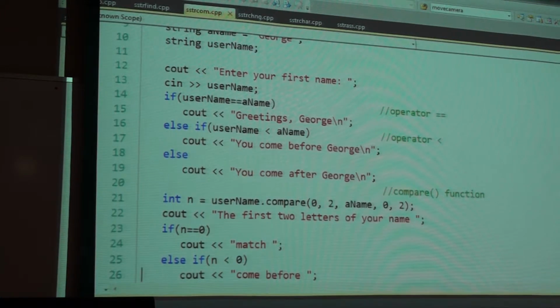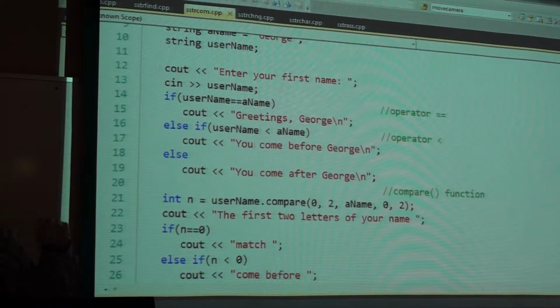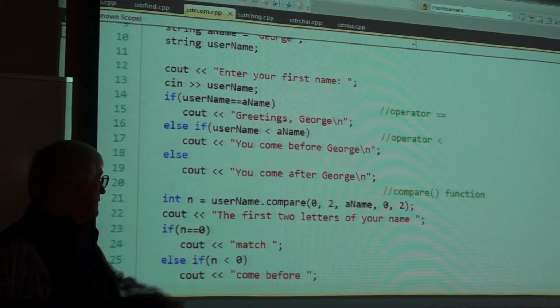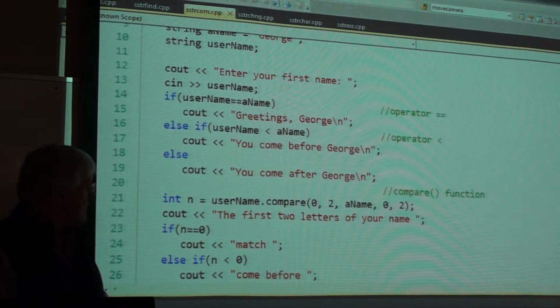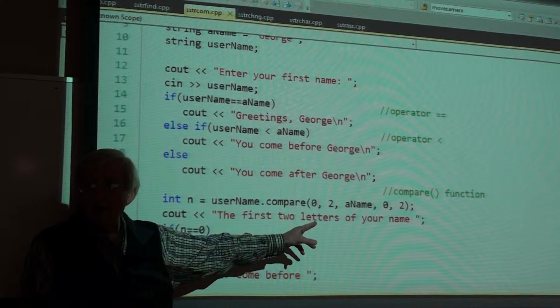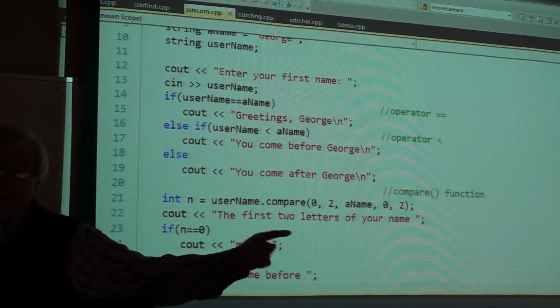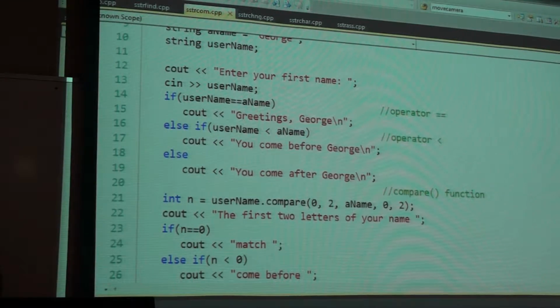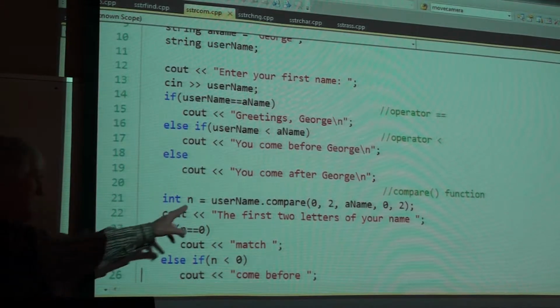Or do you want to compare the length? Or do you want to compare addresses? There's a whole variety. In fact, Visual Basic supports a long list of types of comparisons that we could do as parameters on a compare member function of this object.